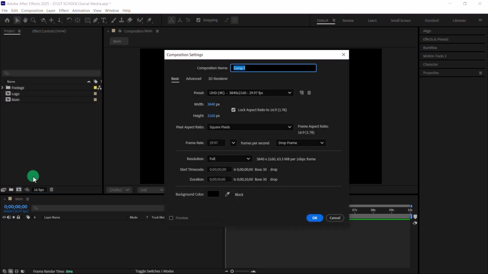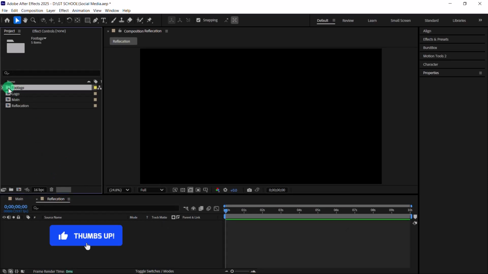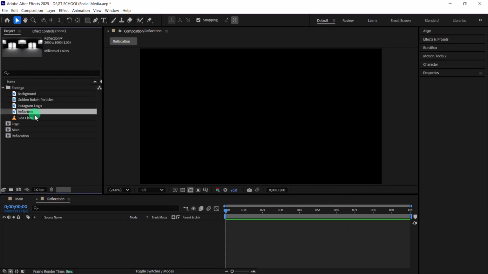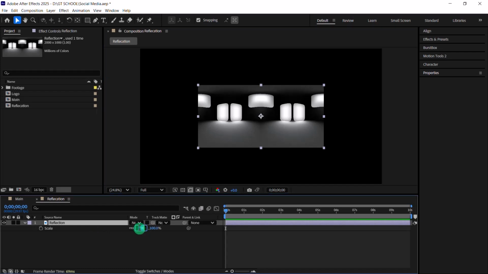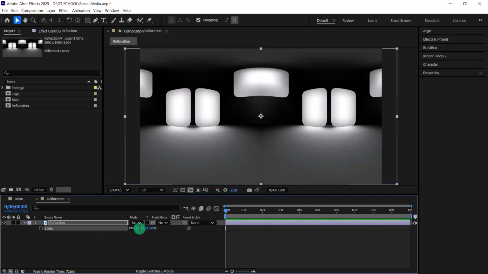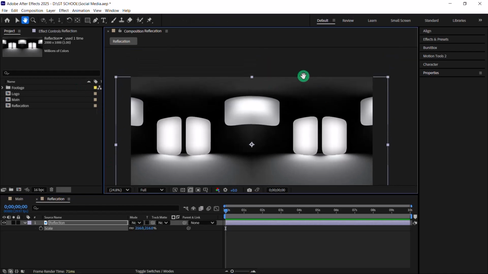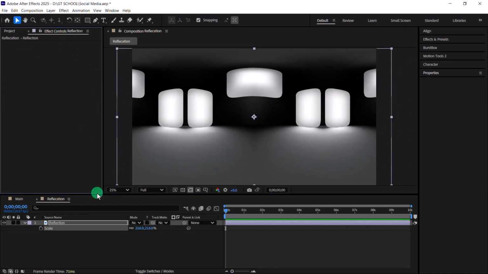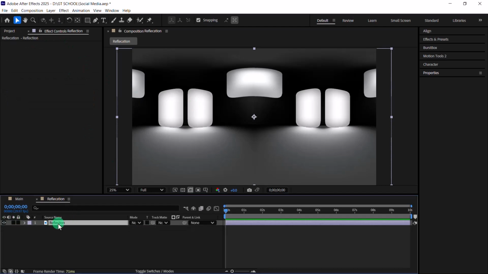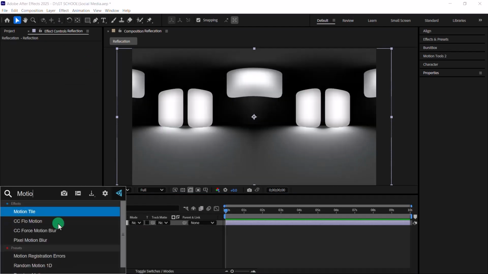Now create another composition, rename this reflection, and open footage folder once again and drag and drop the reflection footage into our composition timeline. Press S on the keyboard to open scale properties once again, and let's change this to something like 260, to fill out the screen. And with reflection footage selected, let's add here motion tile,